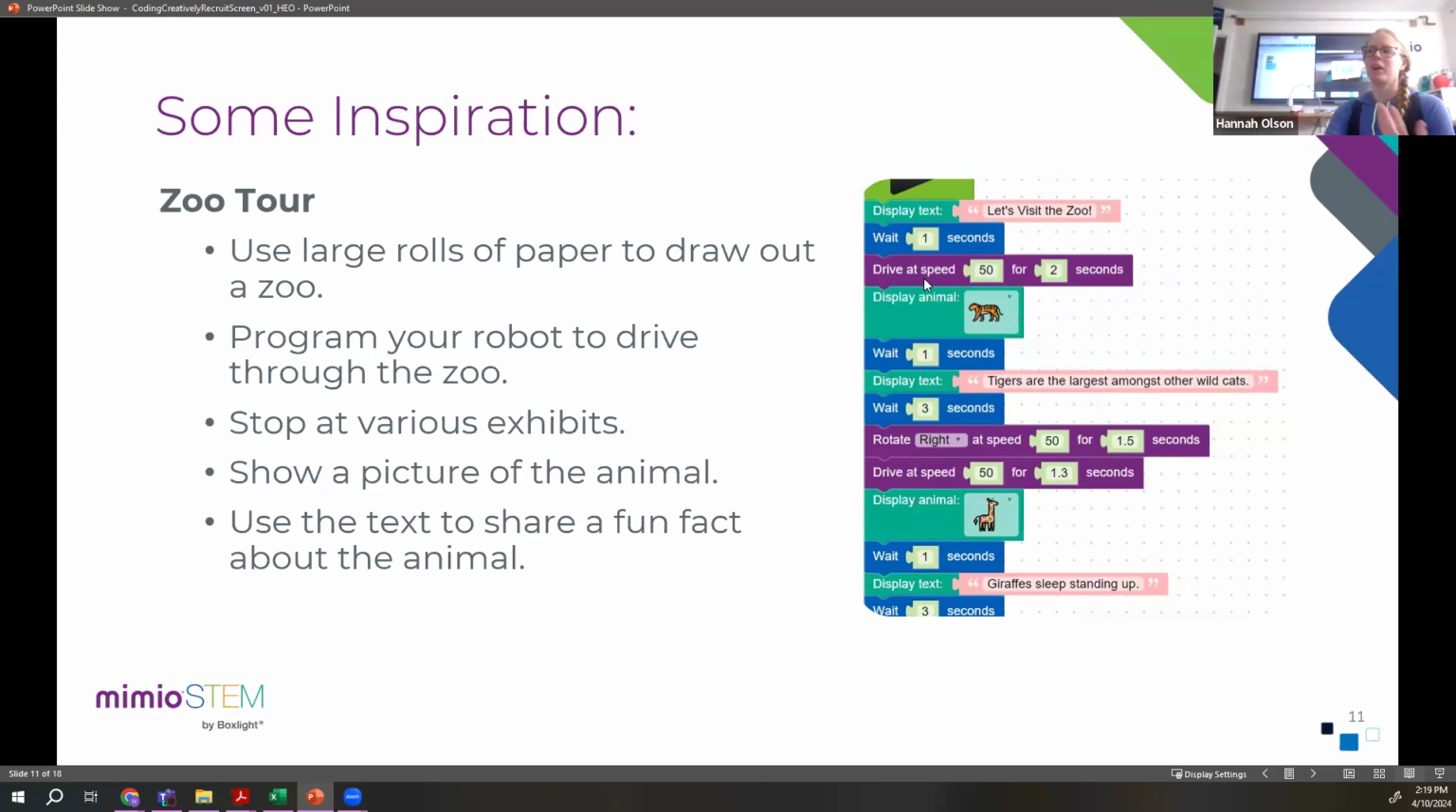And so, it can drive to the first animal, and that's a tiger. And it waits a second and shows a picture of a tiger. And then it says, "Tigers are the largest amongst other wild cats." And, continuing, it drives through the zoo a bit more, gets to the giraffe exhibit. "Giraffe sleeps standing up." And just really fun, a little bit of research, fun facts, nothing too intense here, though certainly you could take this